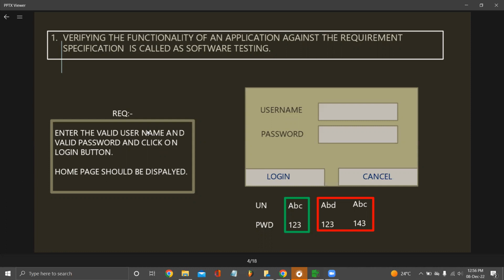So basically, if you want to become a software tester, what exactly do you need to do? You need to test the application and check whether it is actually developed according to the requirement or not. For example, if the requirement says enter the valid user ID, valid password,